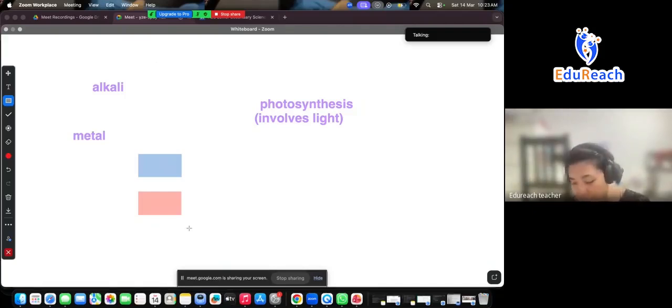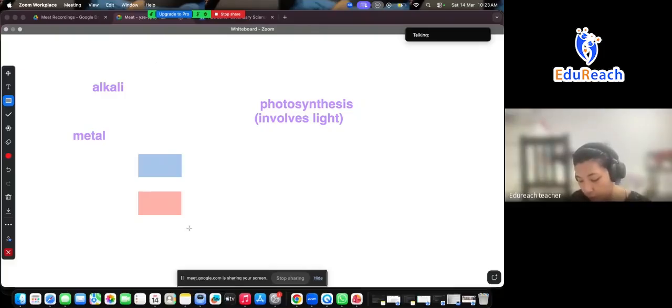Okay, very quickly, we only have 7 minutes left. 23. Study the descriptions of solid X. Soapy feeling when dissolved in water, can only conduct electricity when dissolved in water, gives out a large amount of heat when reacting with acid. When you look at the soapy feeling, you should already know that it's referring to alkali. The only alkali here is option C, because A is a carbonate, iron and aluminium are metals. The only alkali here is sodium oxide. Option C.